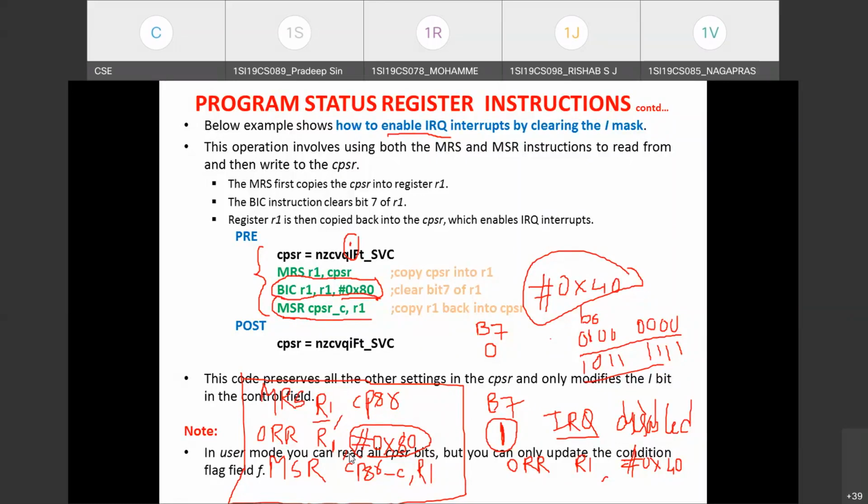And the last category of instruction which we discussed in today's class is program status register instructions. Under this category, these are the two instructions supported, MRS and MSR. If you want to perform read-write operation to the CPSR, through these two instructions it is possible. MRS is for reading from the status register to the general purpose register, and MSR is to write to the status register. For MRS, we need to take a register as operand, whereas for the MSR instruction, the source operand can be either a register or immediate data. So these are the points you need to remember.